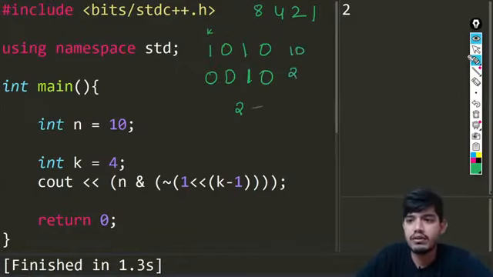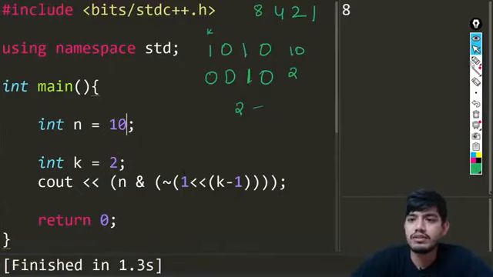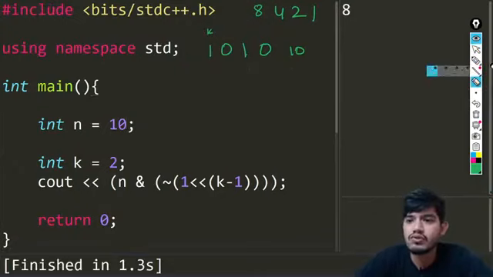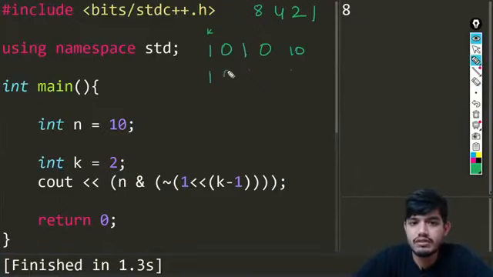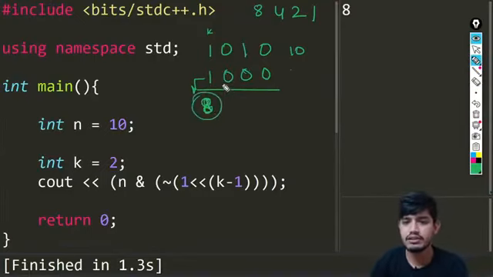Now let us try to unset the second bit in this value, and let us run the code and see the output. This output is 8 for this. Let us see how this is 8. So we have this now. If we just unset this, it will be 0, it will be all zeros. So you can see this value is 8 basically. Okay, so those are the small things.